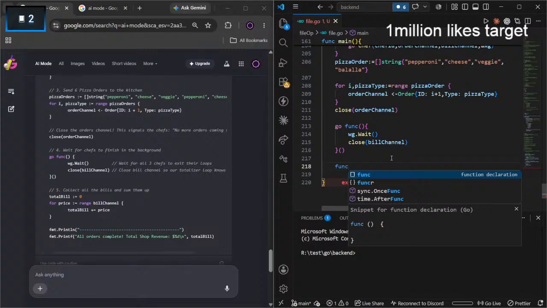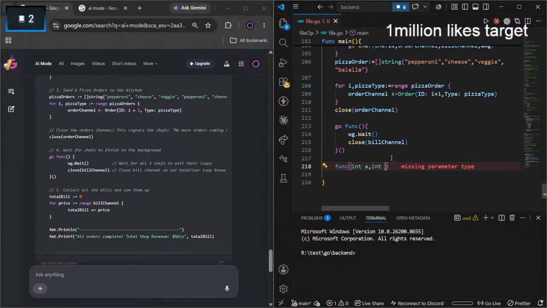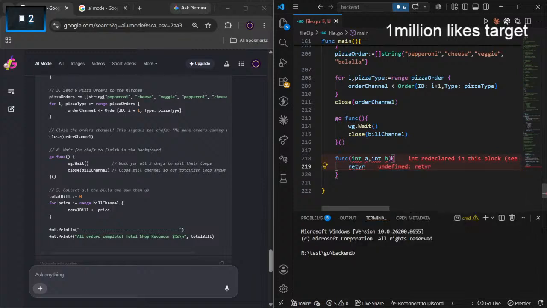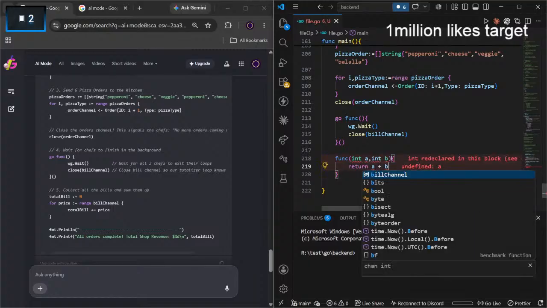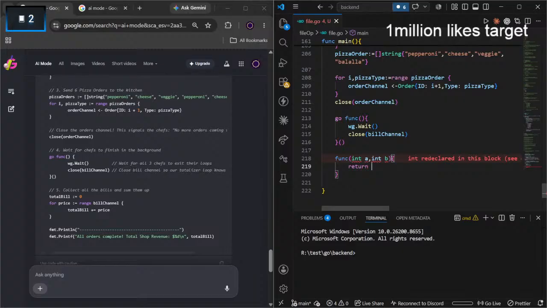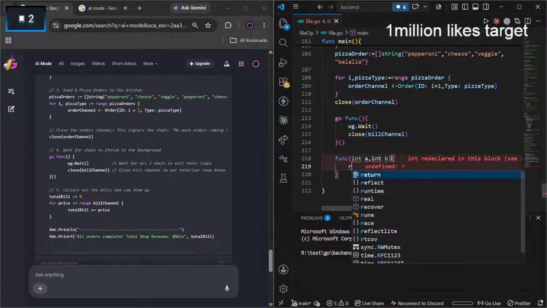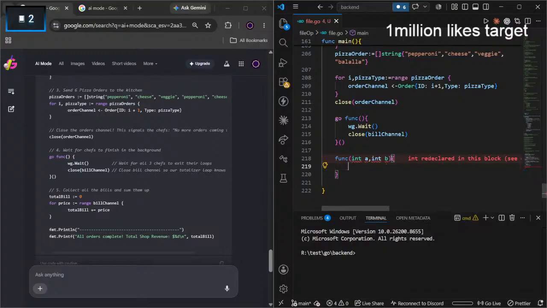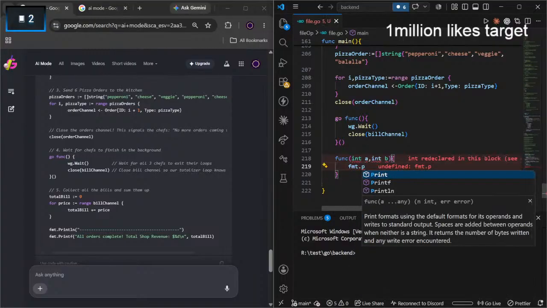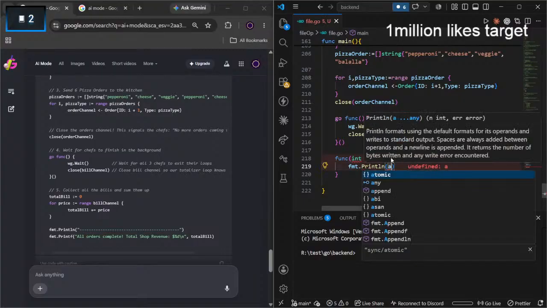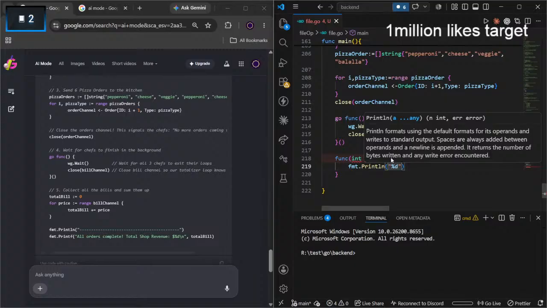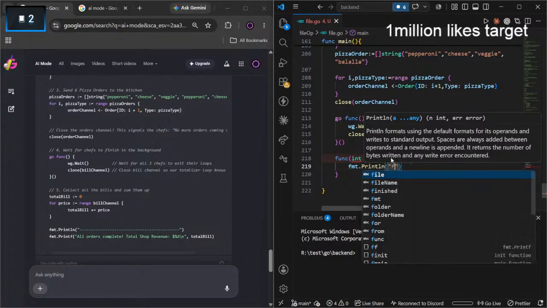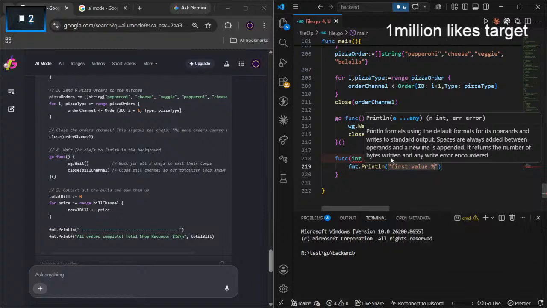If I write my function as int a, int b, my parent time, may return a plus b. Maybe printf with a %d for the first one, and %d for the second one.